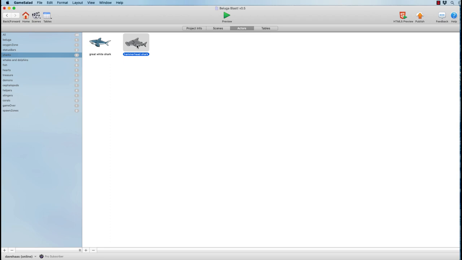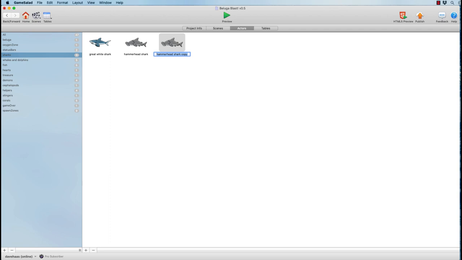So we have the idea of a prototype. Here's an object. We can make a copy of it, which we just did, and use that prototype to pass on the data or the attributes that the hammerhead had onto another object.